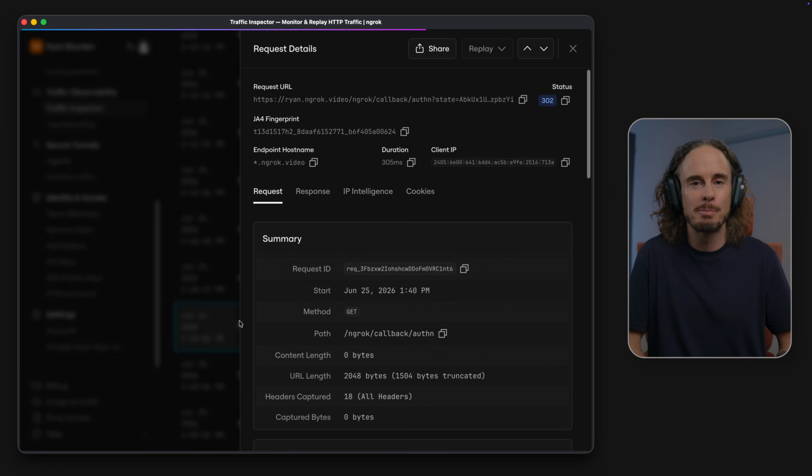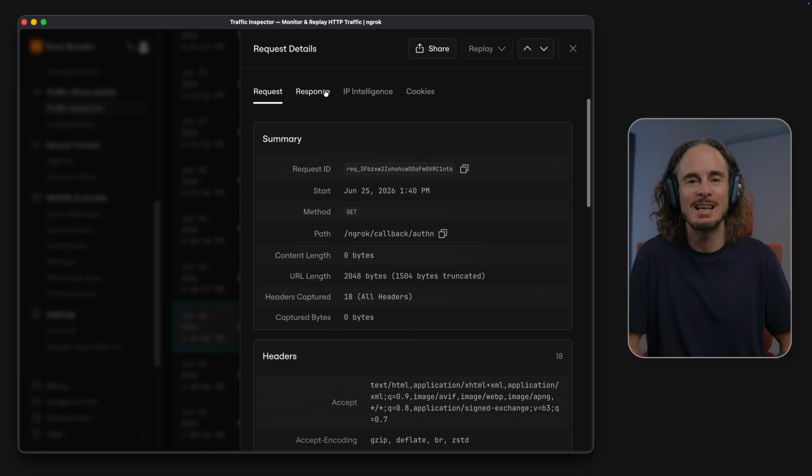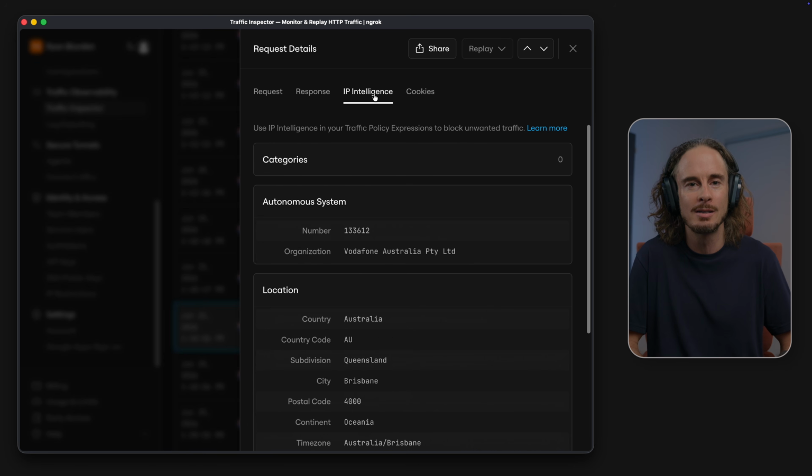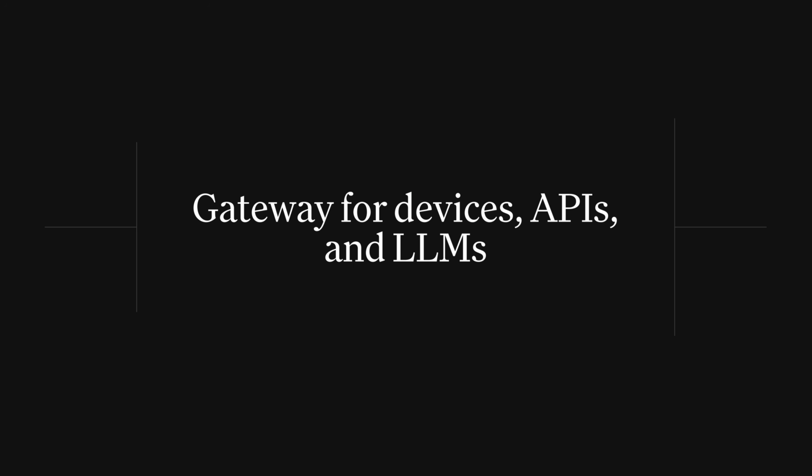Developers get the public tunnels they need, while platform teams get control over access rules and full visibility into tunnel activity, either through the dashboard's traffic inspector, which provides a detailed snapshot of every request, or by exporting requests to their observability platform. The last use cases I want to cover are ngrok as a gateway for devices,